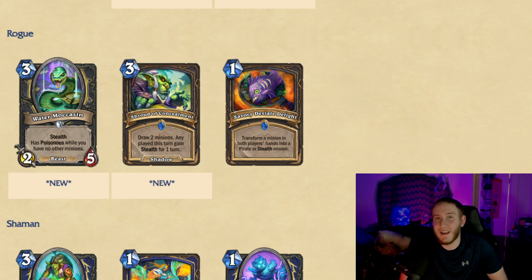Next one is a card we've reviewed. Actually, I don't think I reviewed it. This was revealed yesterday, but it was not on the release that I looked at. It's Savory Deviate Delight. Transform a minion in both players' hands into a pirate or stealth minion. So,